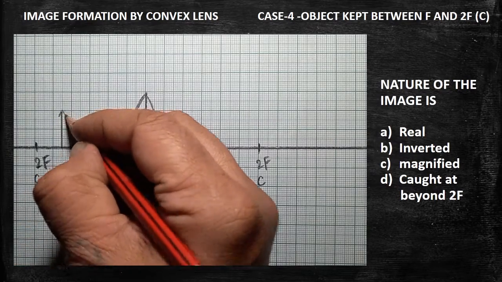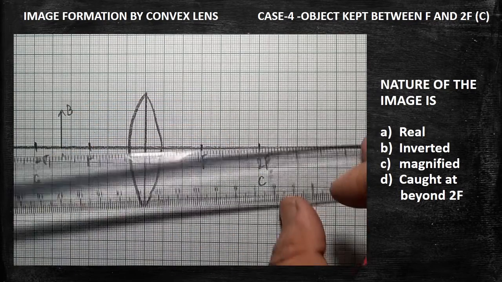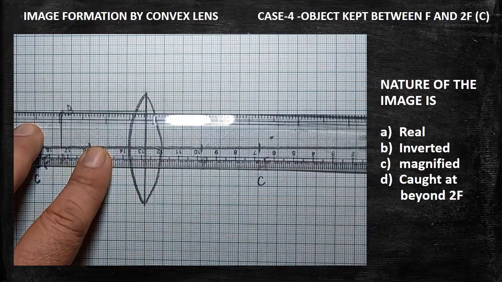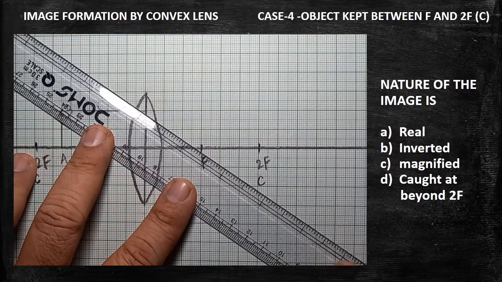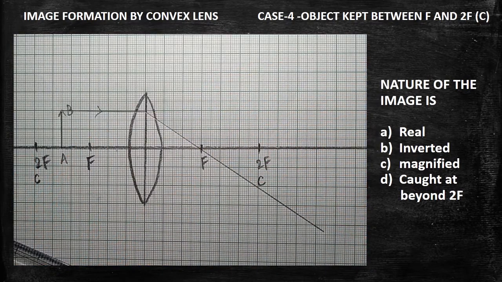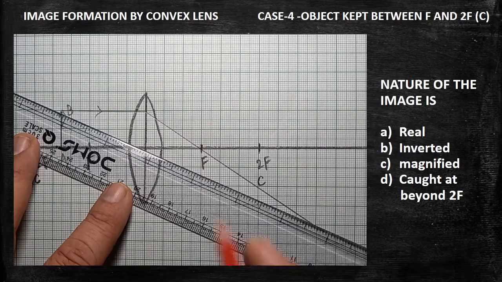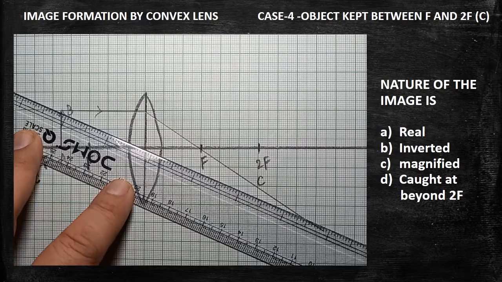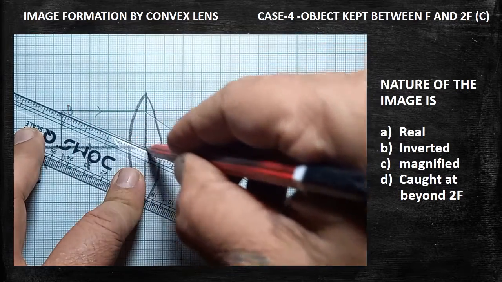The candle is placed here and it can be named as AB. Now draw the ray diagram. From the head you have to extend the line. The ray is passing parallel to the principal axis. After refraction, it passes through the f on the other side. That is already known. Now from the same head, the ray to be drawn is passing through the center of the lens. Now this ray to be extended. Now it is passing through O.